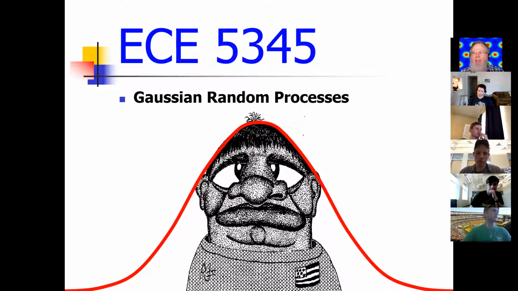One's the Dirac delta, because it just gets rid of integrals. And the other one is the sinc. The sinc does kind of weird stuff, and it's very useful. It's applied, as we saw here, in the sampling theorem, and it has application in low pass filters, and it's just ubiquitous. So let's talk about Gaussian random processes.